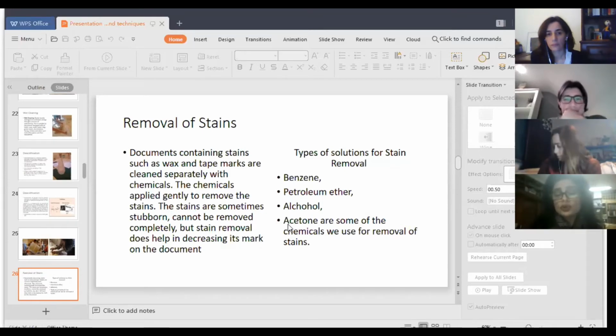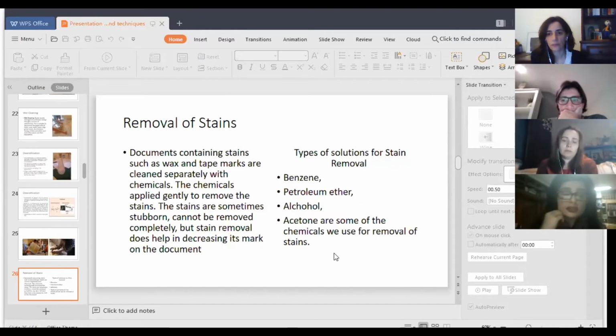They just do not go with the help of dry and wet cleaning. Therefore, certain chemical treatments have to be done on them, with petroleum ether and perchloroethylene being just a few of the solutions that we use to remove stubborn wax stains, tape marks, and metal marks, such as the common pins that were attached to historic documents and leave a mark on them. So these stains have to be removed and cleaned with the help of certain chemicals.